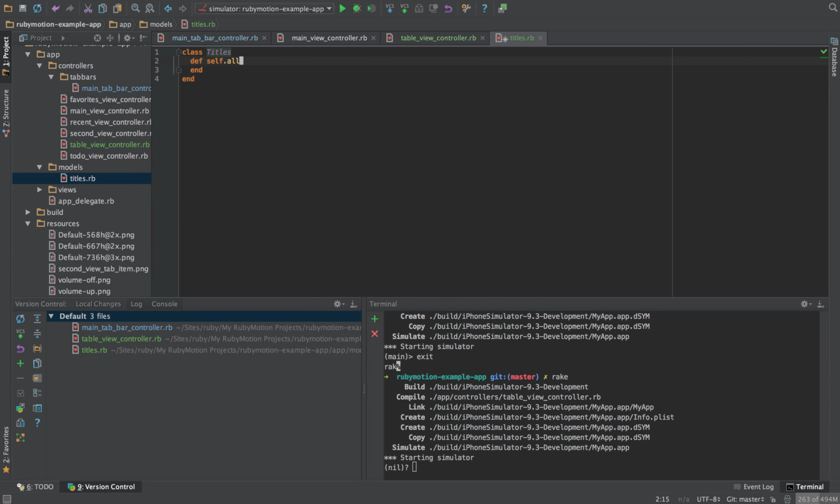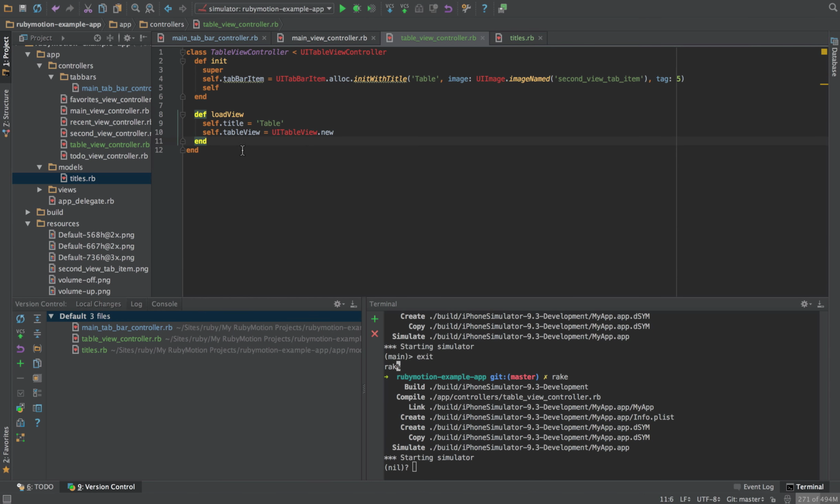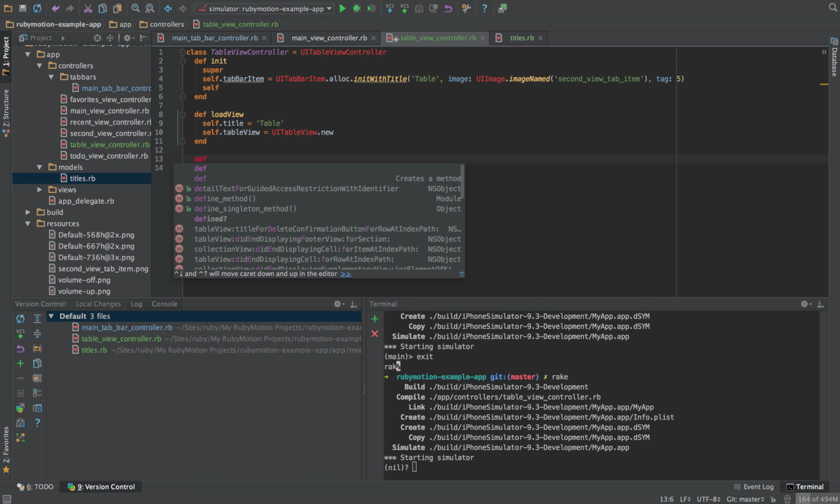Okay, self.all, and we're going to pass through an array, and I'll just put boss, teacher, and professor. Some random strings in there that we're just going to place into our cells. So now that we've got that created, let's jump into